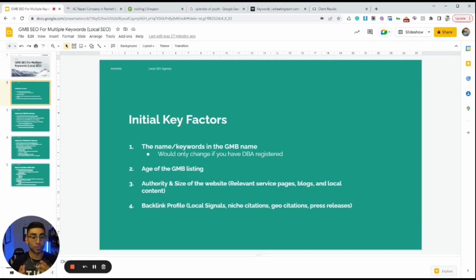Number 3 is the authority and the size of the website. So it is proven that Google My Business does take data directly from your website, at least the URL that's connected to the Google My Business. So if your Google My Business has the URL to the homepage, then that's the page it's going to gather information from. If the URL is pointed at a location page, that's where Google My Business is going to get